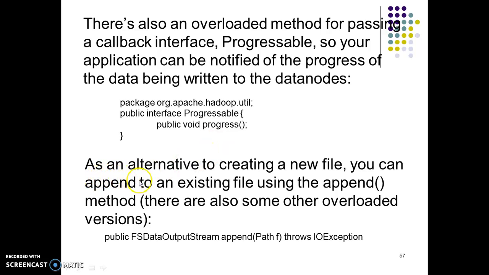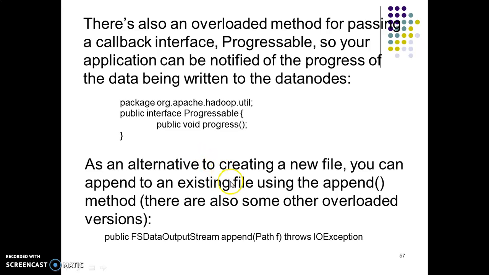An alternative to creating a new file is the append function, and when we are making use of the append function, there are some other overloaded methods. Once the file has been written into the HDFS, we cannot make use of create, and we cannot seek in that particular file.